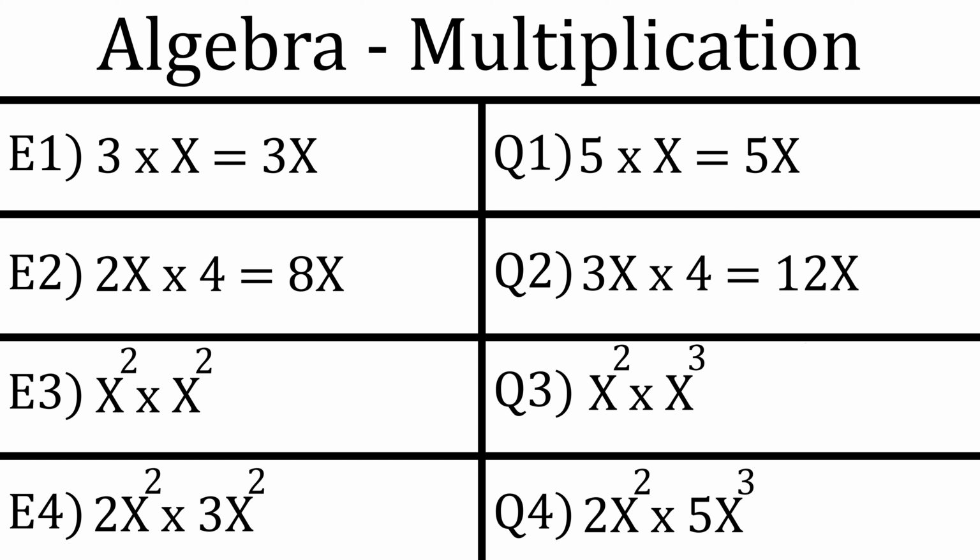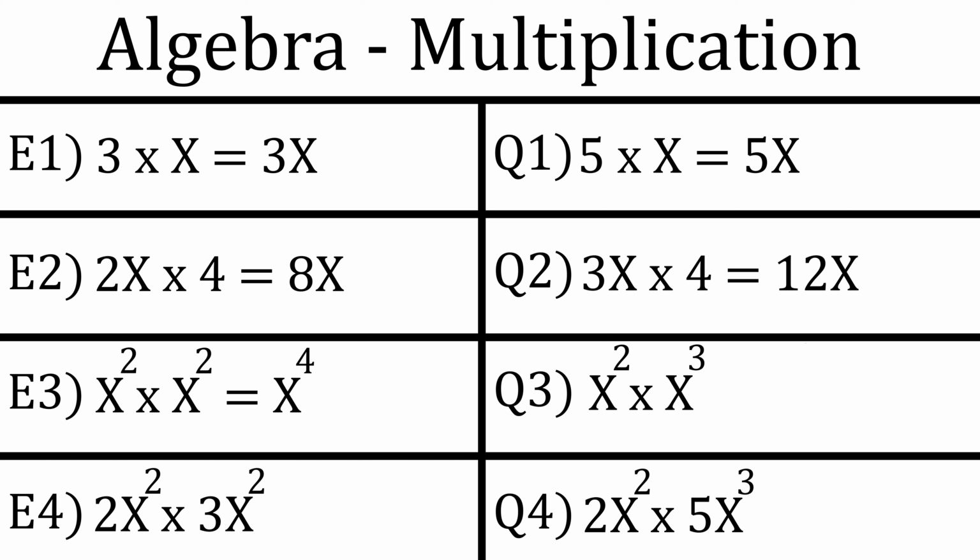So E3 now, or example number 3, this is getting a bit more complex. We have x squared times x squared, or you can refer to it as x to the power of 2 times x to the power of 2, and this is going to be equal to x to the power of 4, because what you do is you add the numbers together. So whatever the little power is on the top, if it's the same thing,